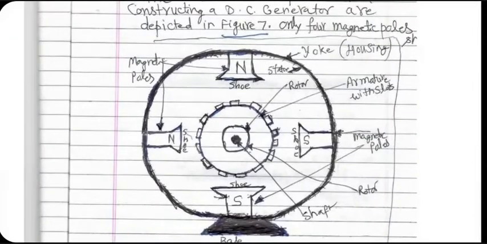Magnetic poles here. Oh yeah, the outer part is also given the name yoke. That is the outermost part. Yoke means everything brought together. Actually, this word yoke, Y-O-K-E, is a derivative from the Sanskrit word yog, Y-O-G. Yog means summation. So yoke means the sum total of the entire construction. The outer part in industry is known as yoke. Some people call it housing because it has everything inside it.